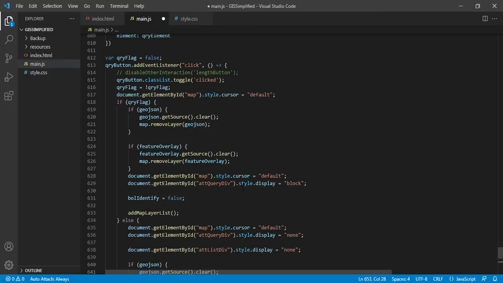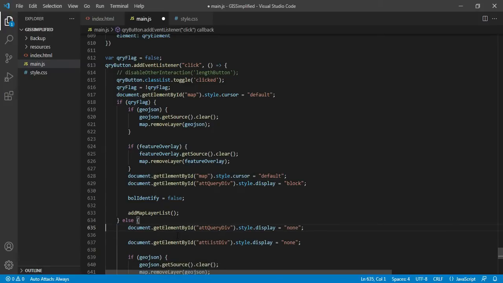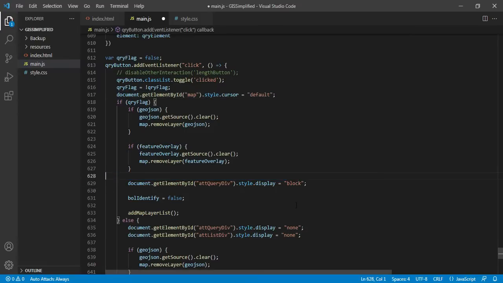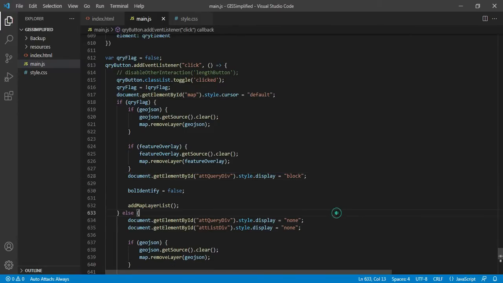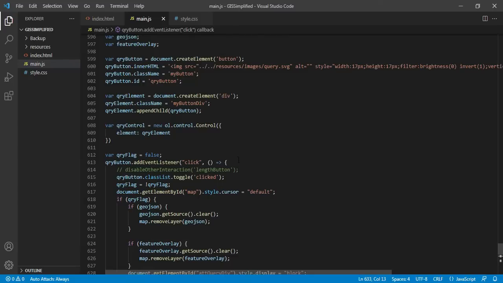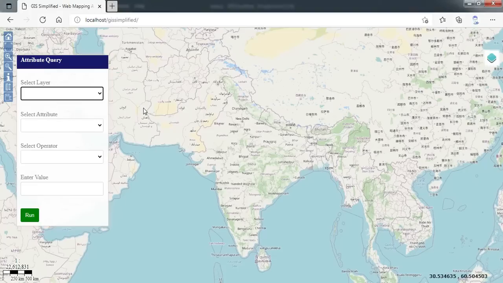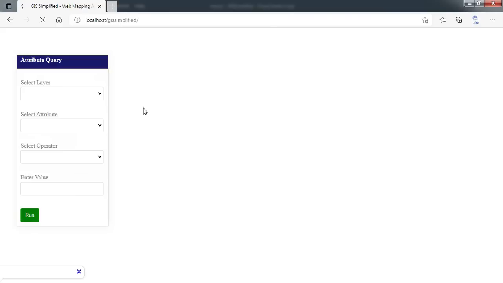What we have to do is some styling of the button, how it should appear and where it will be placed on the map. So now I will save this JavaScript part, and then I will go to the styling part.